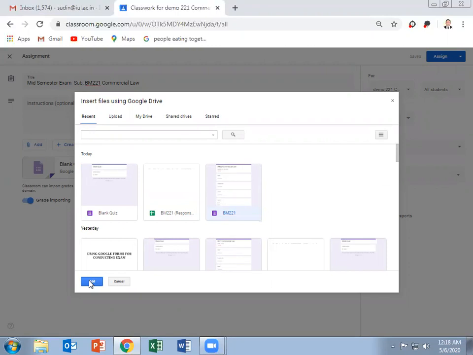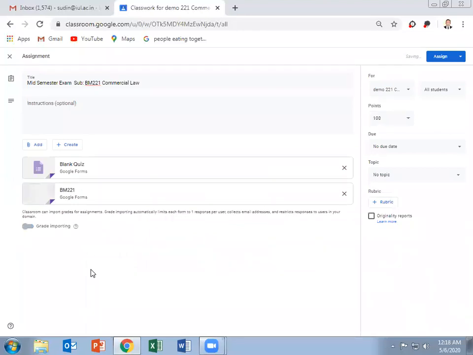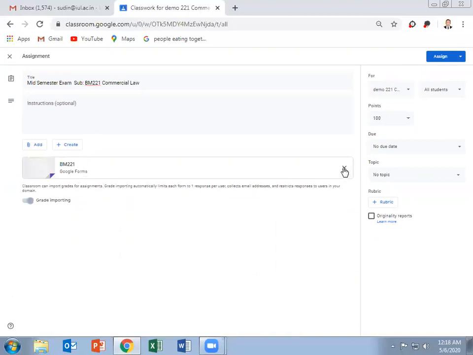So we have to just click on BM221 and click on the add button. Now you have added the BM221 quiz in this. Now we can see that a blank quiz was also there and BM221 is there. We can delete the blank quiz by clicking on the cross.